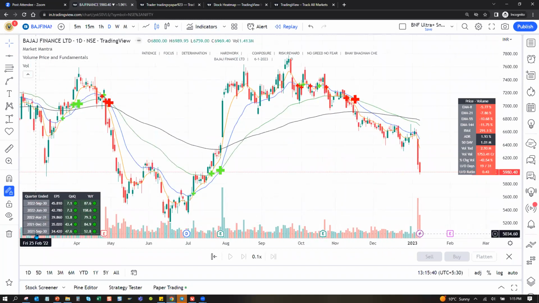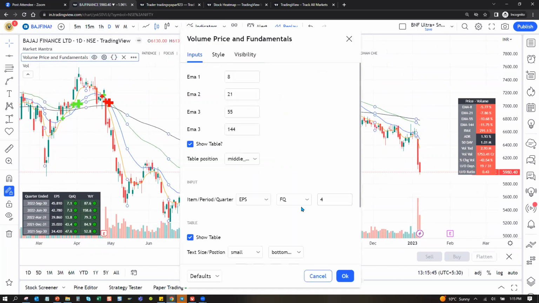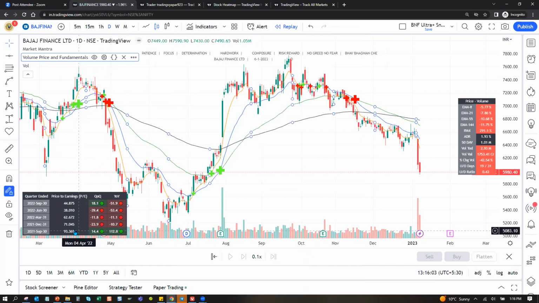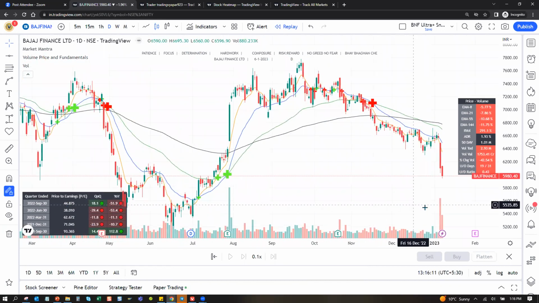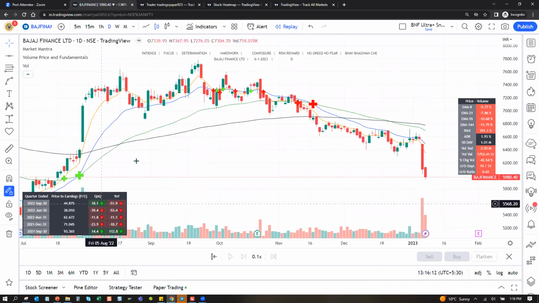And this is the growth trajectory of Bajaj Finance. EPS has been very good. Earnings, and go to settings. I want to change by fiscal year. How many periods I want to see. Fiscal year data I want to see, let's say ROE. So ये ROE आ जाएगा यहाँ पे. Price to equity, PE देखना है मेरे को, PE कैसे चल रहा है, highly priced है या undervalued है. So everything now you need not go to ticker tape, fundamentals का website पे blah blah blah. One package, everything is given here.